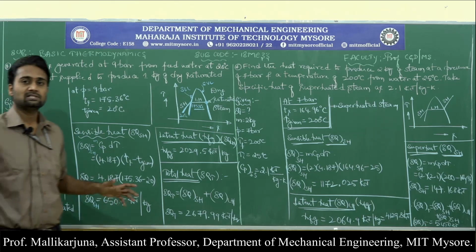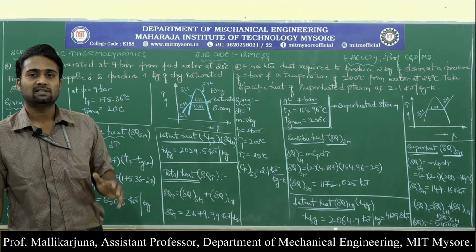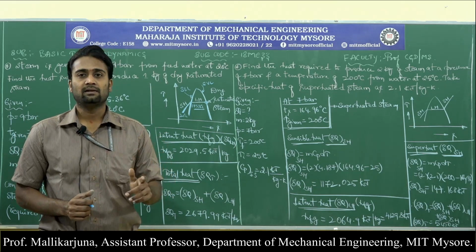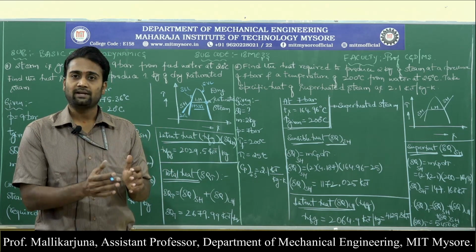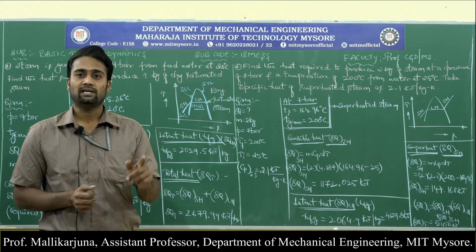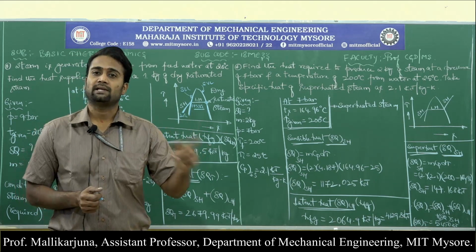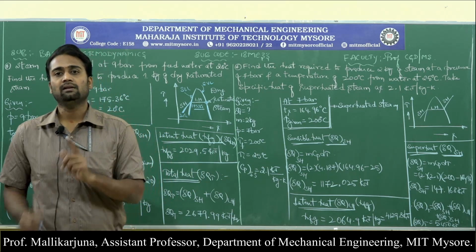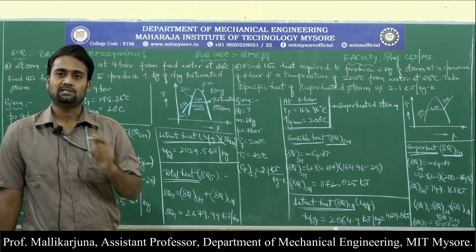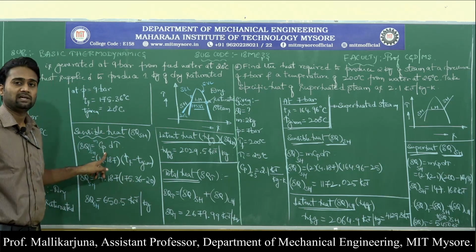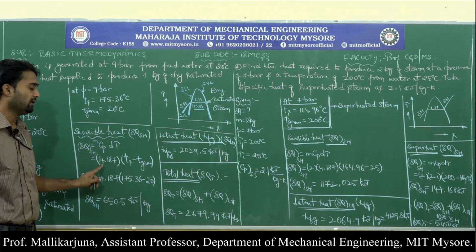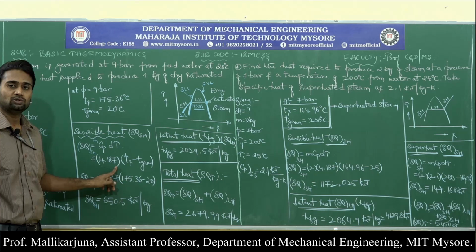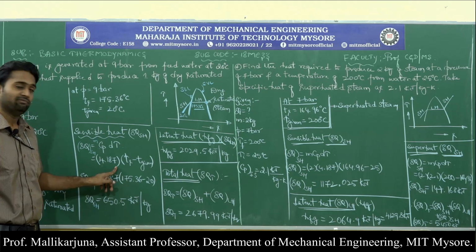Cp, we have discussed this in the earlier sessions itself. Cp is nothing but the specific heat. The definition of specific heat is that it is the amount of heat supplied to a substance having 1 kg of mass to raise its temperature by 1 degree, either in Celsius or in Kelvin. Such a heat is called specific heat. So the specific heat of water, we are very aware, is a constant 4.187 kilojoules per kg Kelvin.